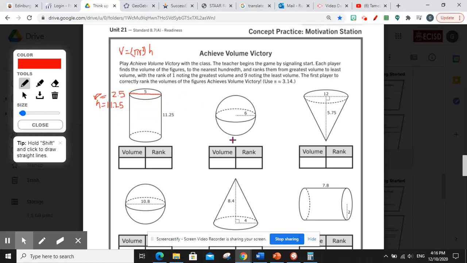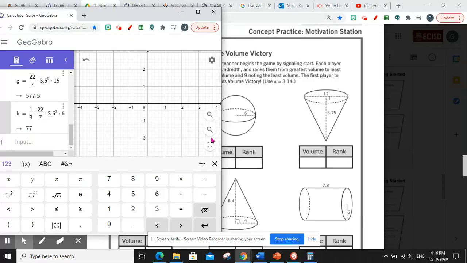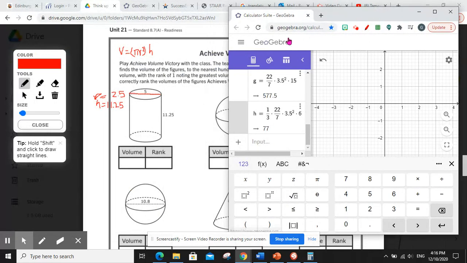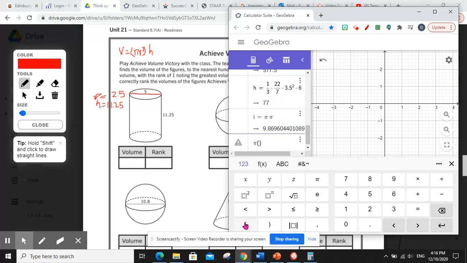And so when I do that, I go to my calculator and I'm going to go ahead and do that. So I have my pi symbols right here. Pi, sorry, let me redo that. Pi, parentheses, radius, which is 2.5 squared, times my height, which is 11.25. So notice right here is this formula with my radius and my height from this cylinder. And so when I enter,